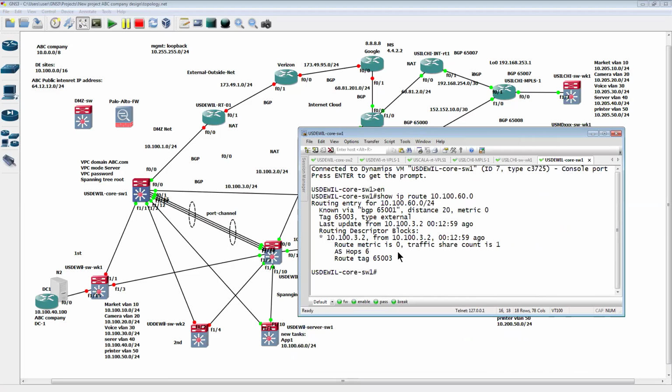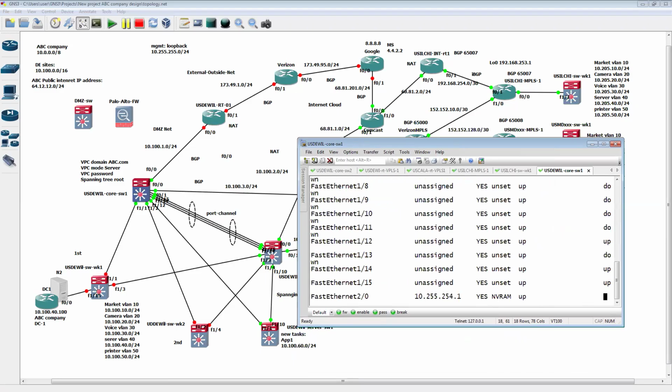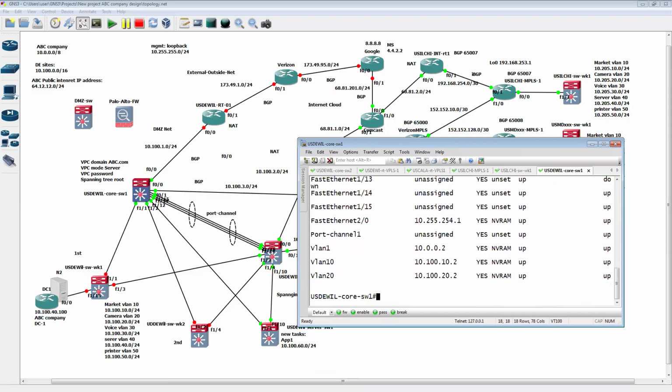right? So for example, if I'm the core switch one in here, if I show IP interface brief, right? If I want to ping, let's say pick up one VLAN, right? So we click in here, see, if we ping 100.60.6, right? You see here? And then we're going to say using the source with this VLAN 10. All right, let's see, it should be